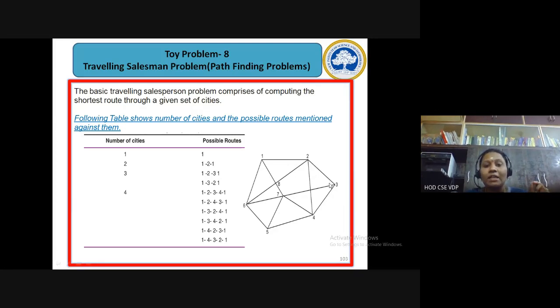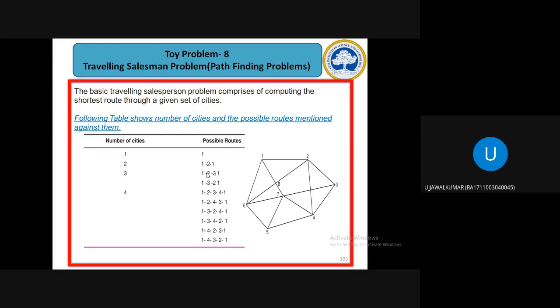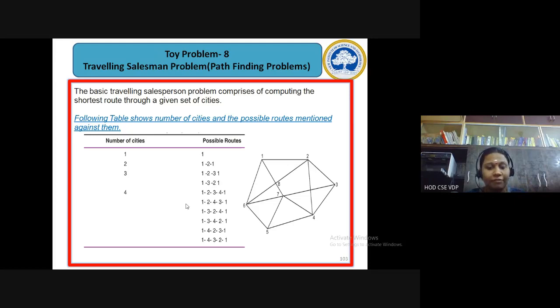So there's something called the lexicographic approach, which simply states that, what is lexicography in simple English? It is arranging in alphabetical order. So similarly here it is either 1, 2, 3 or it is going to be 1, 3, 2. So you'll just arrange the combinations, and then if you have a path of this kind, you will say that your goal is reached, right? If you don't find a path of this kind, you say that your goal is not reached, which means the solution returns a failure.